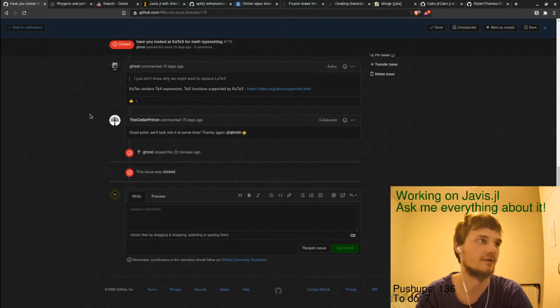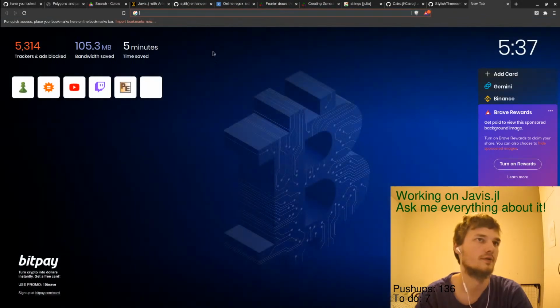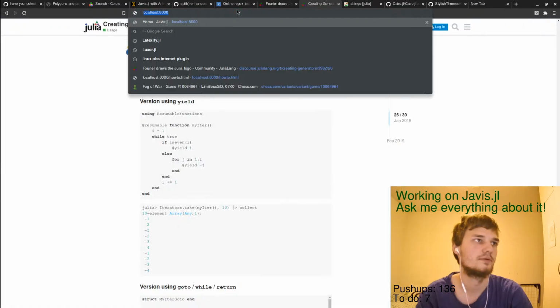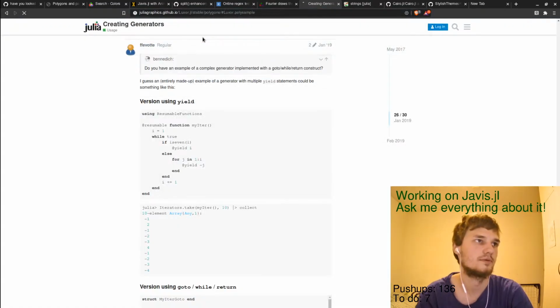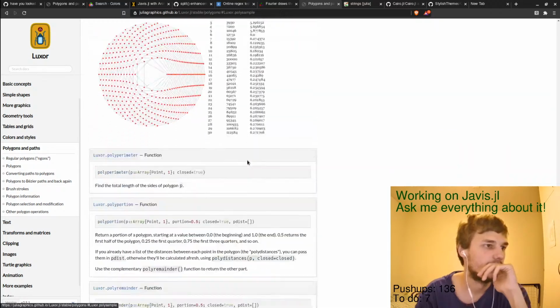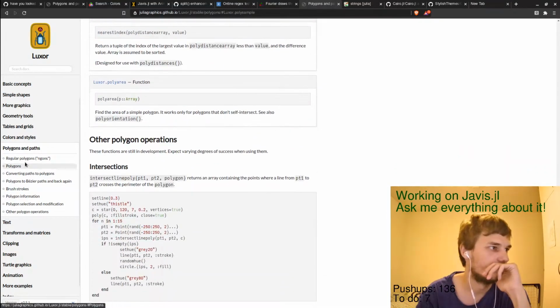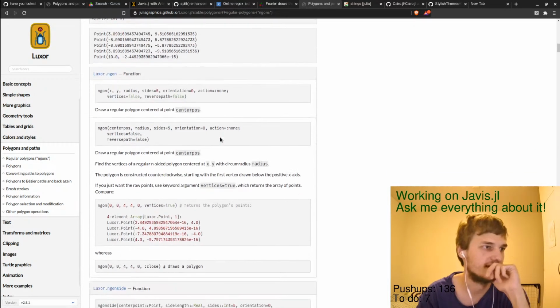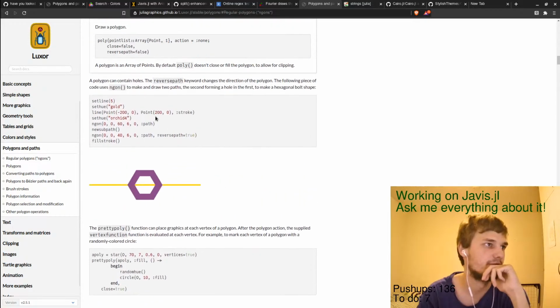I have to check again how this works. I have some looks and stuff open. Okay, so now is this one example, this one. Okay, so I draw.